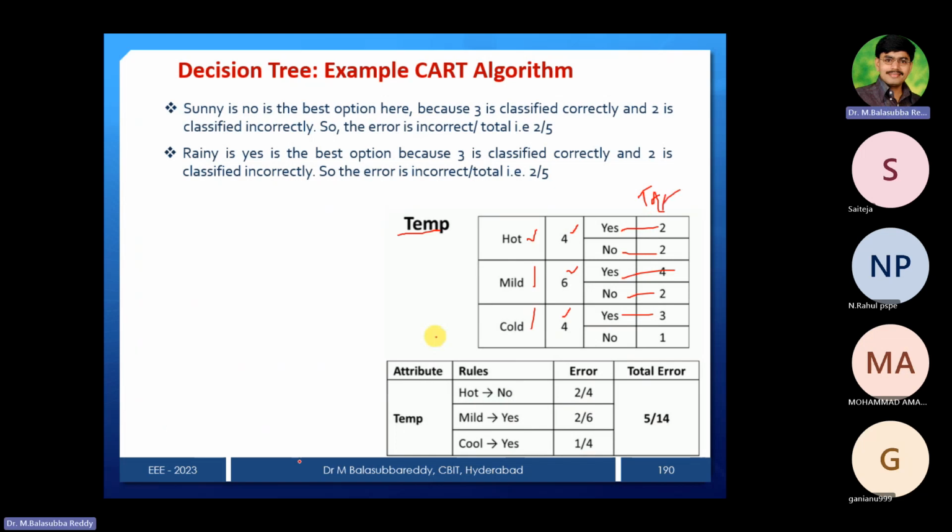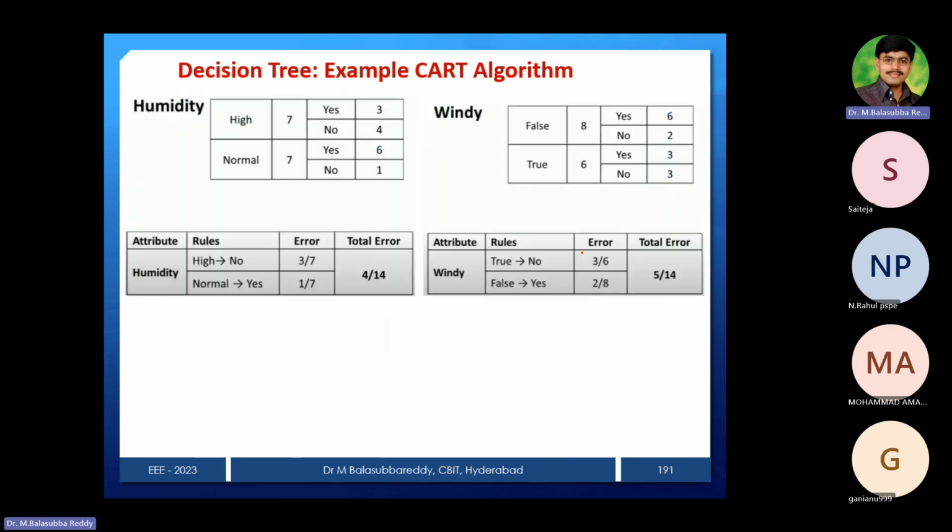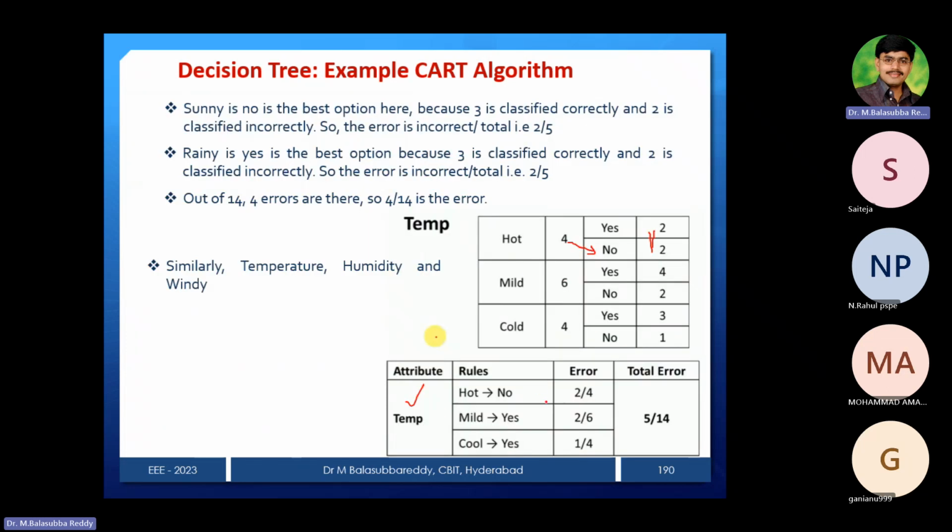You can check with the target node. So after that, how to write this second table? In the second table, you can blindly write temperature as the attribute. How to write a rule? As I mentioned in the case of Outlook, whichever value is the highest, you take it as a rule. Now both are the same here, but I have taken hot is equal to no. You can observe that point. Temperature and humidity binding you also have to do. Similarly, I have taken any one. Let it be hot is no